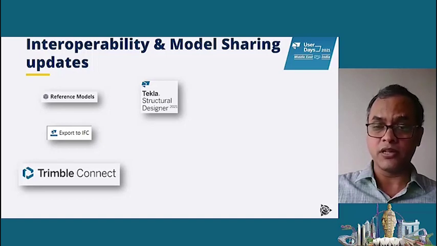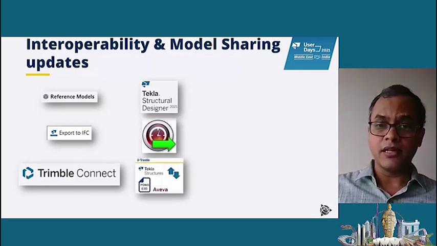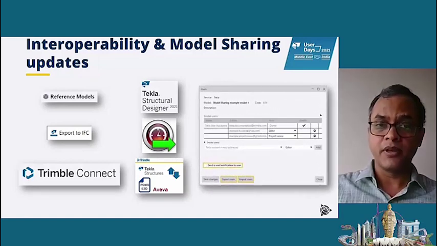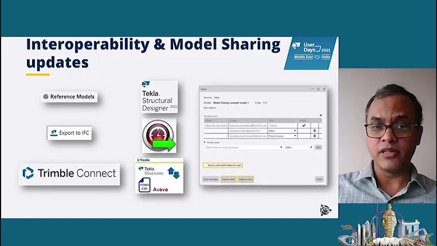The new user interface is one, as well as the changes related to the import of the rebars. The other improvements include the BIM publisher functionality as well as the export to Aveva tool. Also, we have seen many of the changes on the model sharing side.